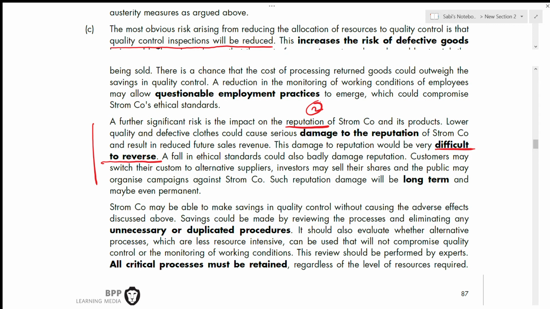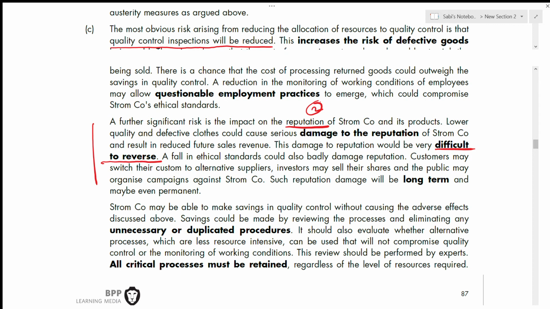But reputation risk is not something that is in your hand. Your reputation is in the hands of your supplier, in the hands of your customer. Do they value you? So it's very difficult to reverse that, to get the reputation back, even if you try to make changes in your company and try to improve. Your customer might not want to trust you again, because trust is very difficult to gain. So that's why, when you talk about reputation risk, please mention that it is very difficult to reverse. That's why it's in bold,